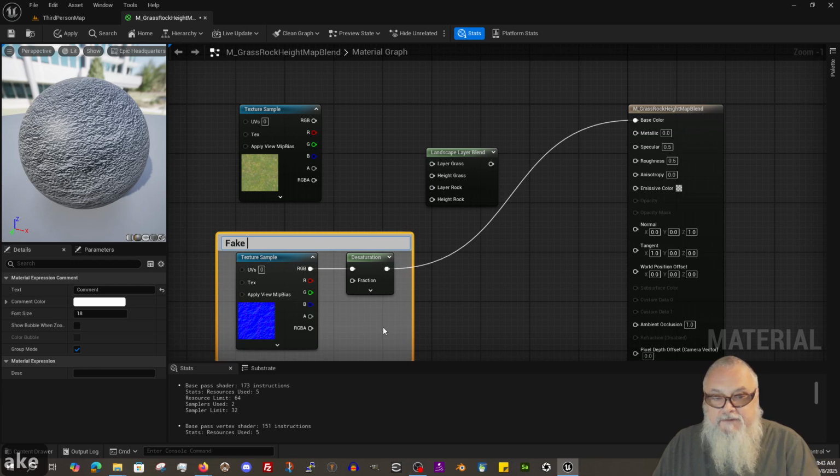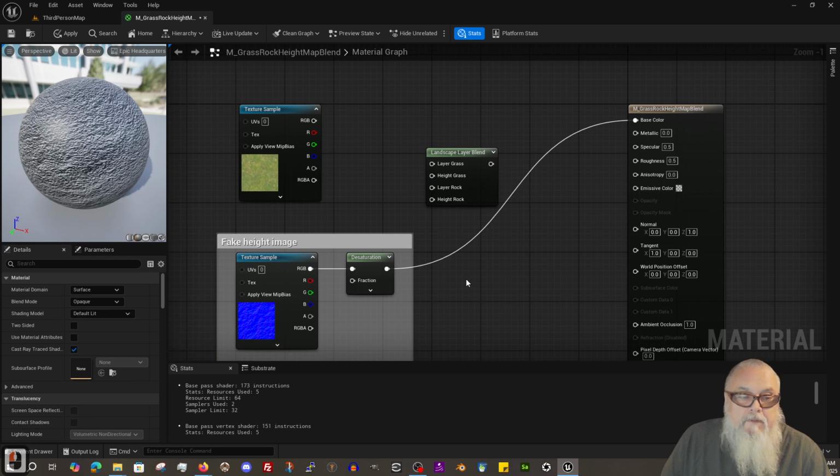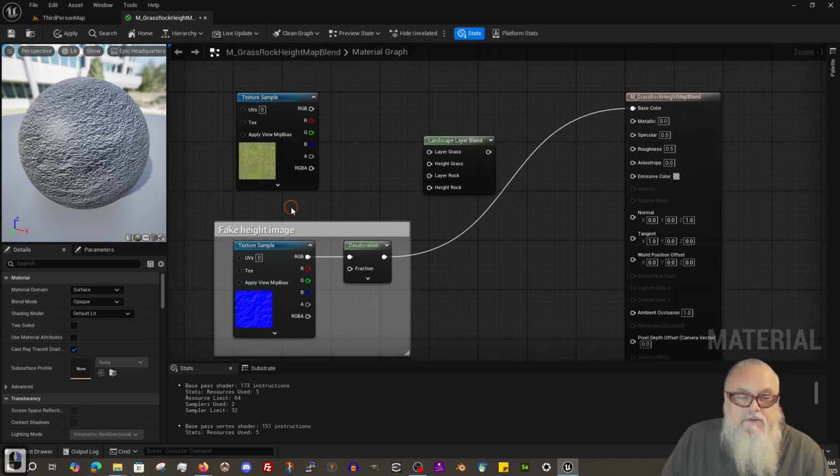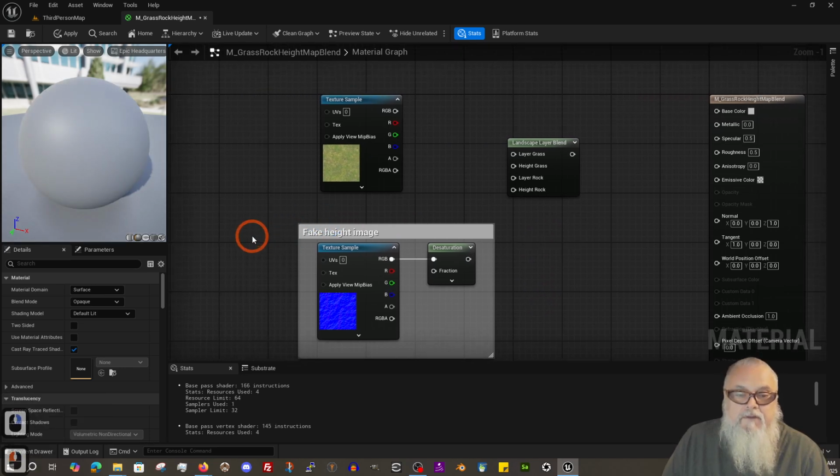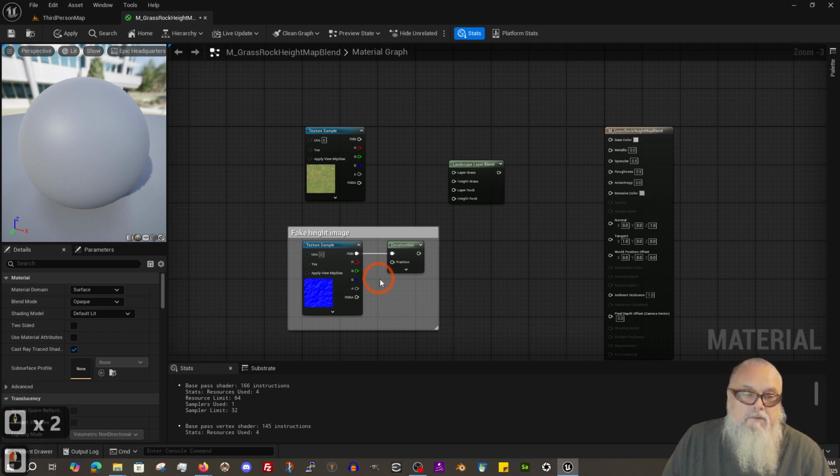Normally you would have a single grayscale image and you would just use that. So in order to use these, break this for now. I used this connection just to demonstrate what it was going to look like. We're going to